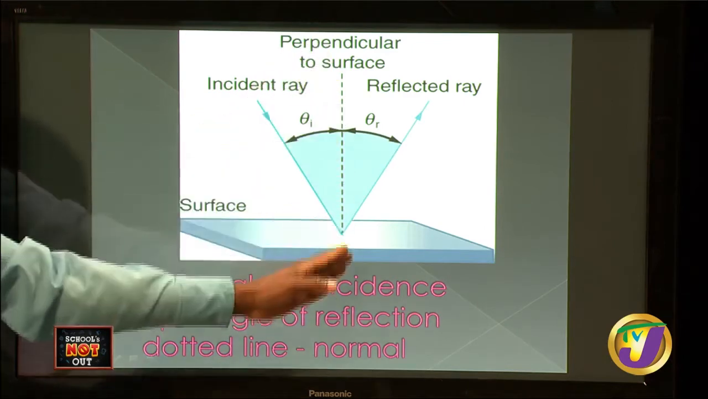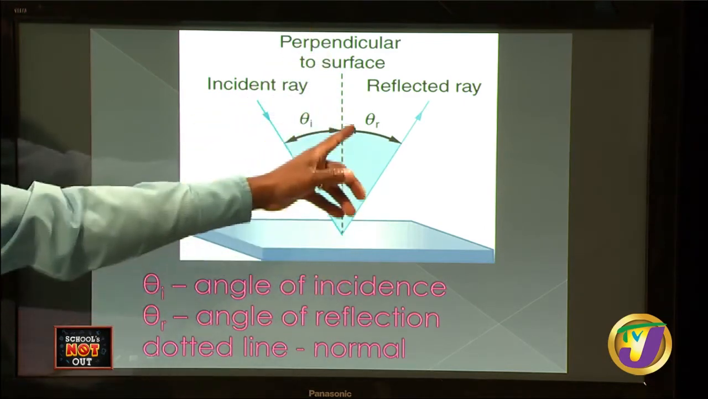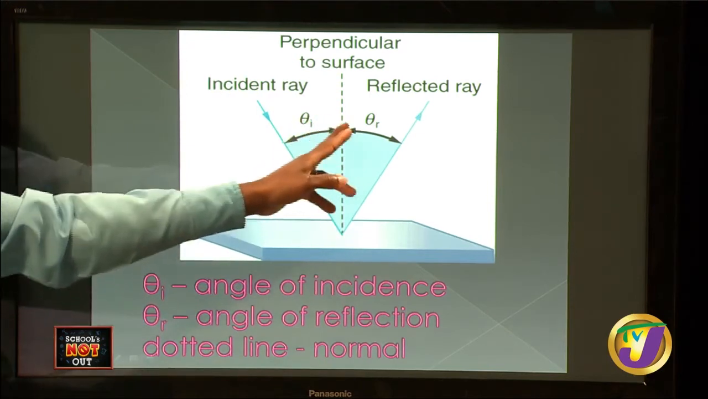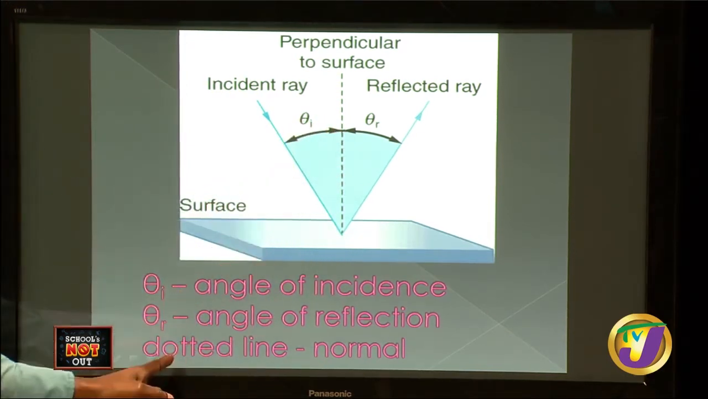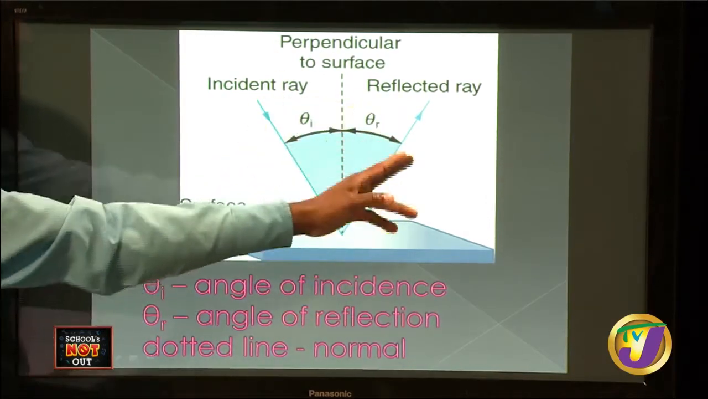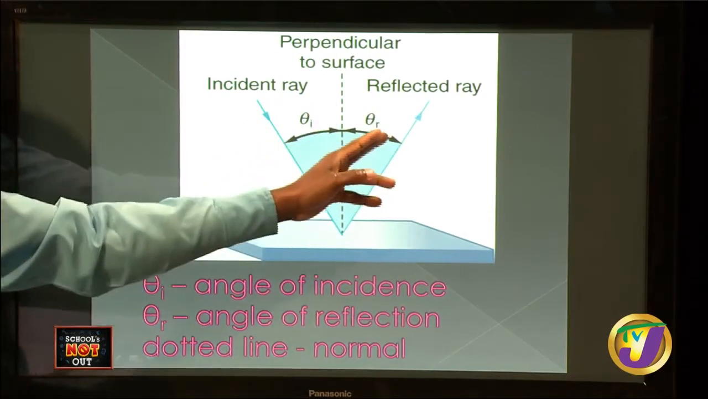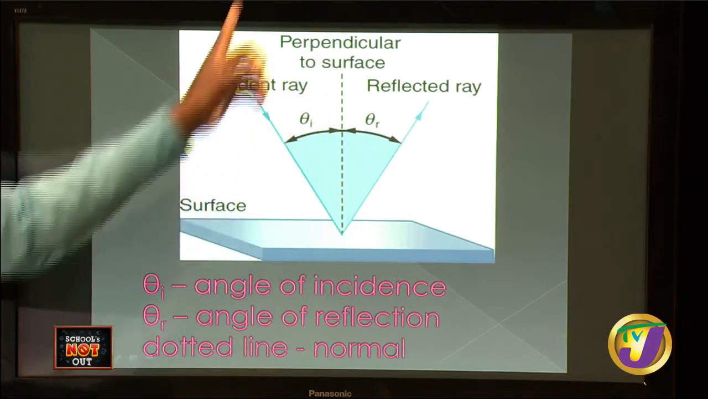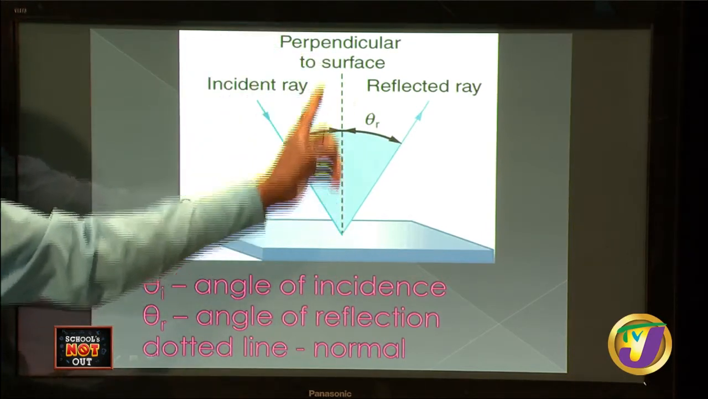So this line is a reference line to which the angles are measured. The incident ray hits the surface, this is the angle of incidence, as labeled here. The ray that comes off, which is the reflected ray, that angle is the angle of reflection. So angle of incidence from the normal to the incident ray, angle of reflection from the normal to the reflected